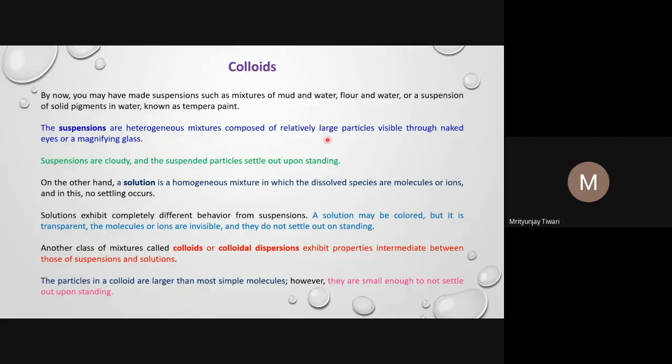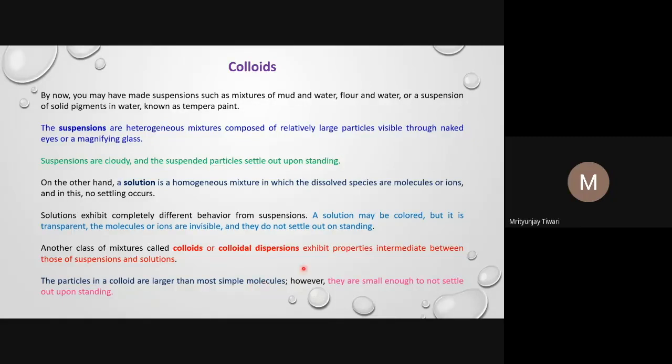But while explaining these things I have also explained certain properties of solutions and suspensions, which you can see here. The particles in a colloid are larger than most simple molecules. A solution usually contains solute molecules that are simple molecules or ions. However, in colloids, the particles are larger than simple molecules, yet small enough to not settle out upon standing. So the particle size in colloids is intermediate between the particle size we see for a solution